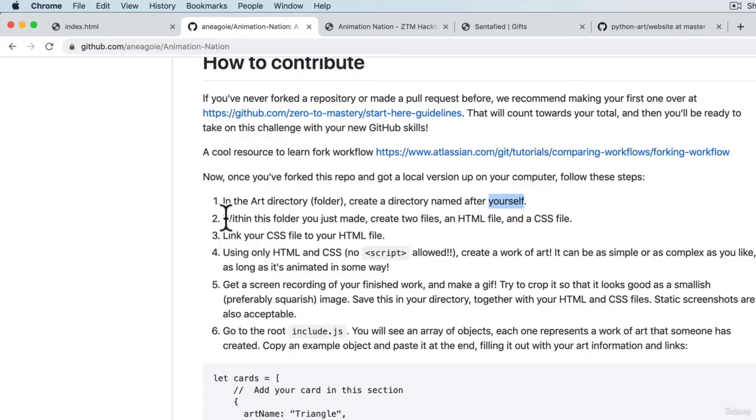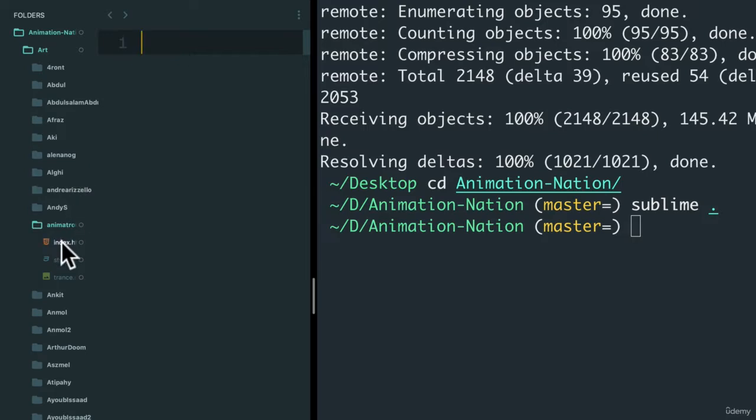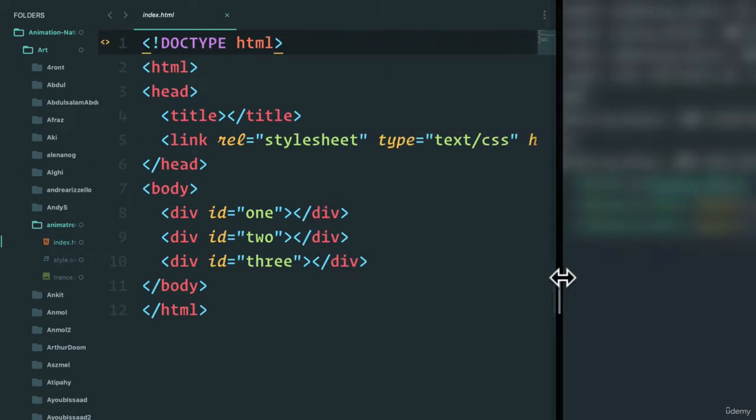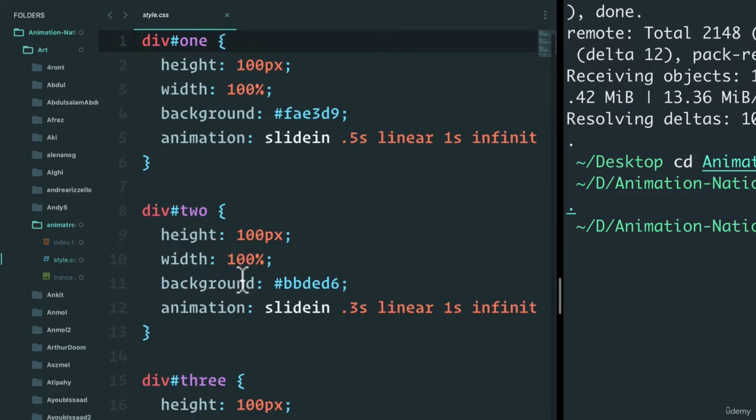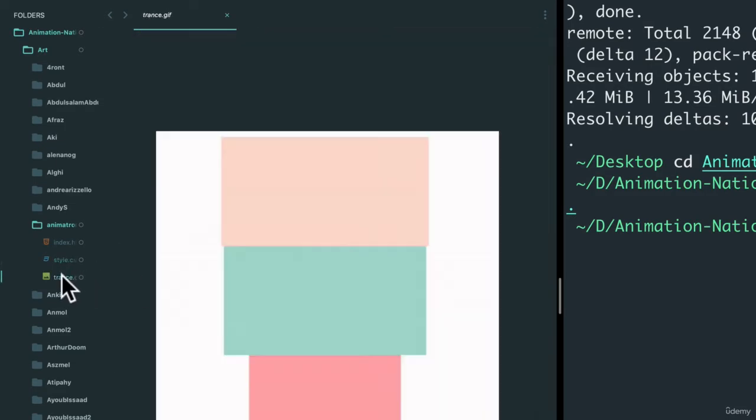Next is to, well, within this folder, make sure we create two files, an HTML file and a CSS file, and link the CSS file to your HTML. Using only HTML and CSS, create a work of art. So I've actually already done that. Again, if we go back to the project, I have an index.html file, very, very simple, that's linked to a style sheet. And this is my styles that I've added for my animation